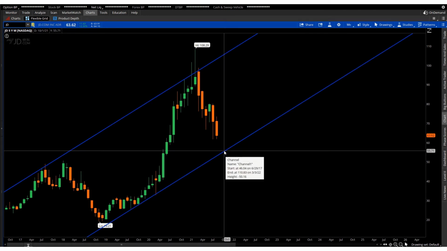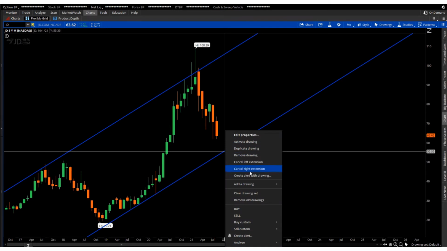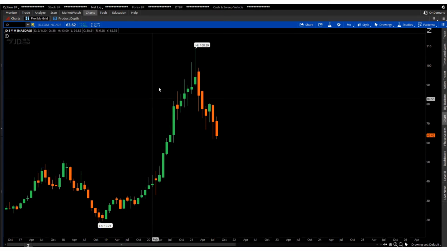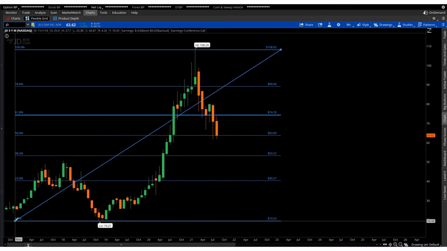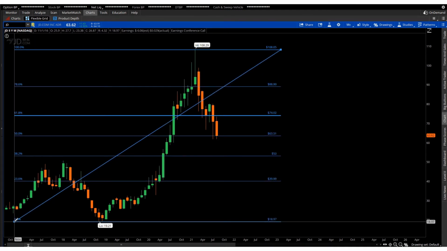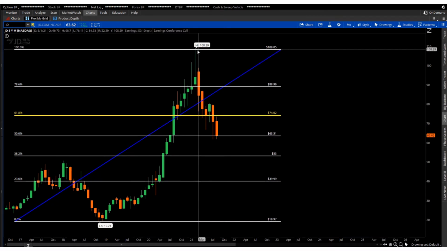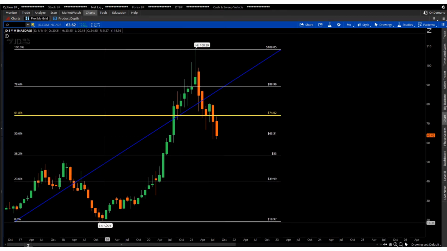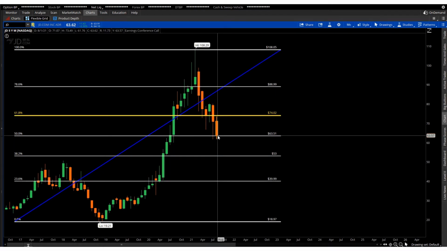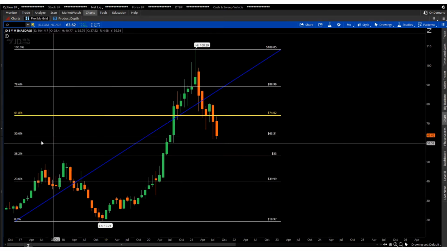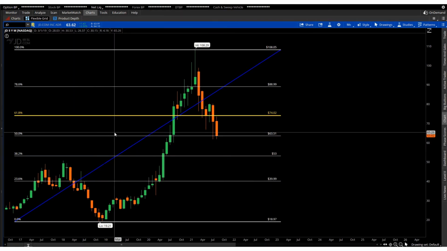Another reason for myself getting into this trade is, if I take that out real quickly, if I place another indicator, the Fibonacci retracement tool. So if my points are based on this high of 108.29 and its low of 19.21, we can see that where this price level is right now, it's at the 63.51, or at the 50% retracement level.